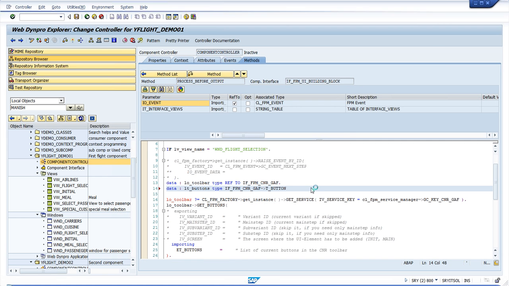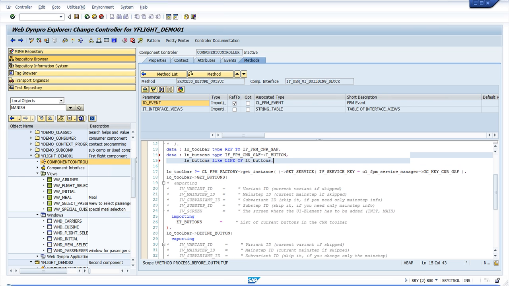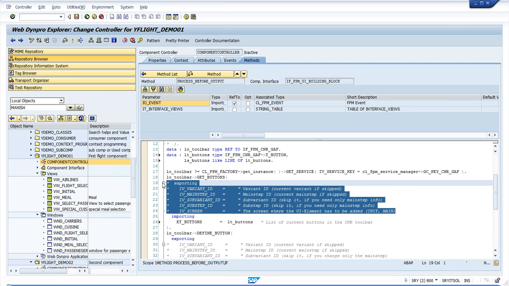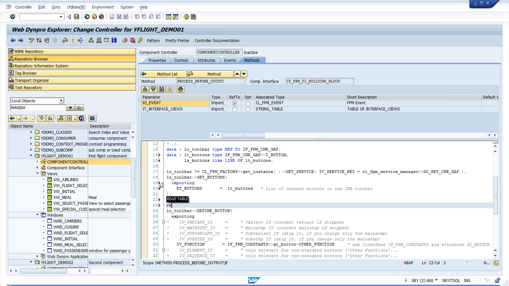I should get it here. So that's my table of buttons, LS button, like line of my table. So now I got my table. I will pass it here. So I've got all the buttons now into an internal table. What I will do is now I'll check read table LT buttons transporting no fields